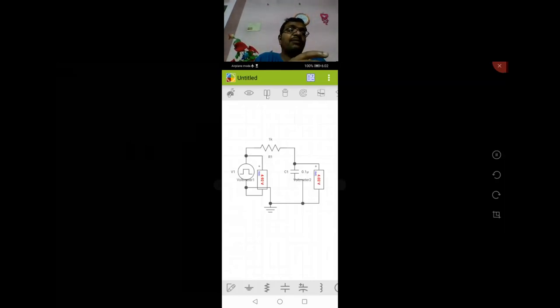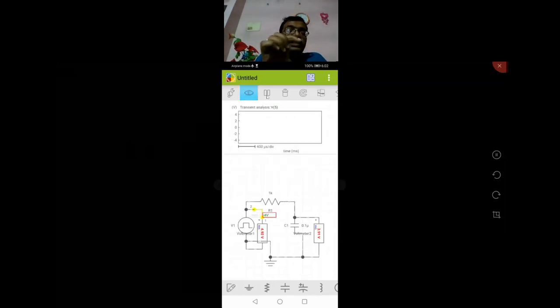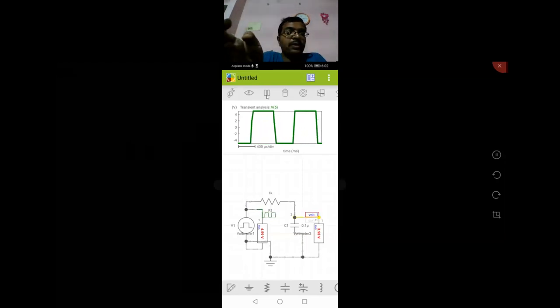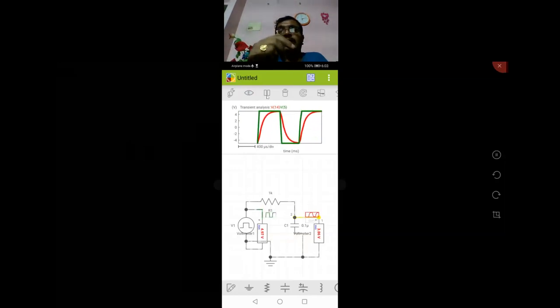We need to change the view option. So select W, click on here. Okay, click on volt and click on E. Now we can see the graph. Okay. Similarly, for here also, click on volt, click on E. Right. Now you can see both the graphs at a time. One is the input, where green is the input one, and red is the output which will form.